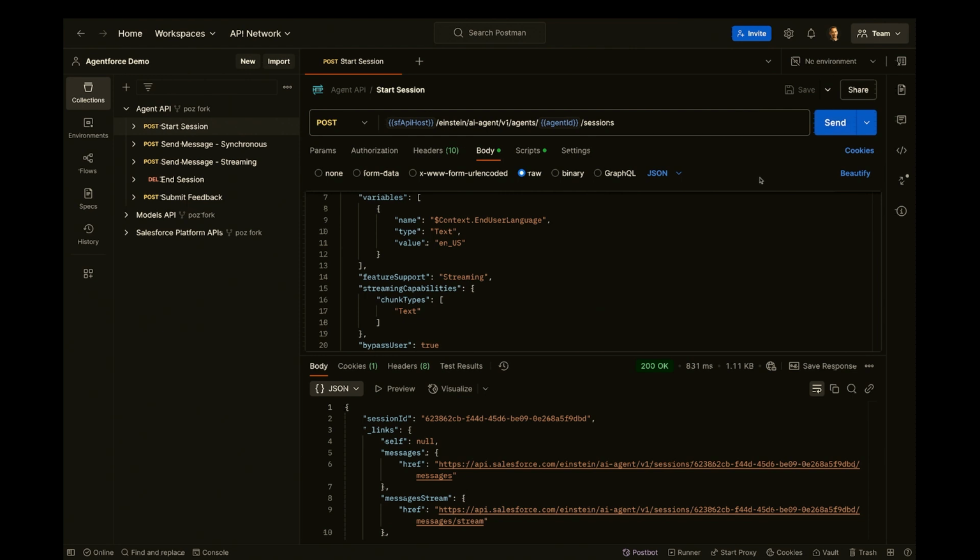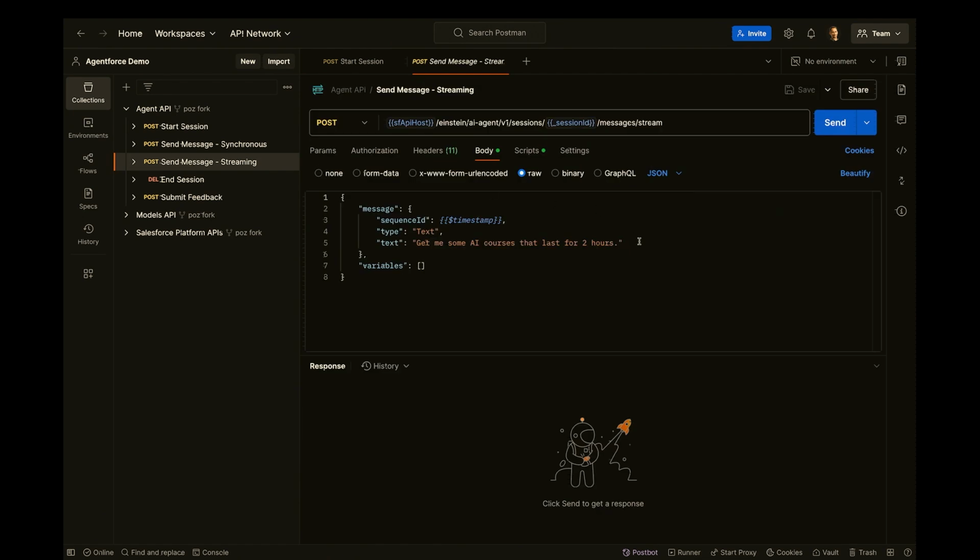I'm getting back a response, and the important part of the response is this session ID that I have here, and this will tie all of my next requests to the conversation. Behind the scenes, there's a little script here that saves me the pain of copying this over, and I can already start working with the next requests. I'm not going to show you the synchronous prompt because it's pretty easy to use. I'm just going to go through the streaming example, which I think is more interesting.